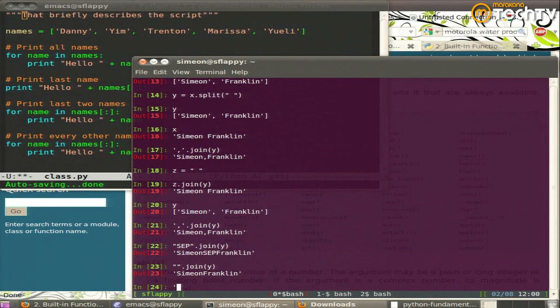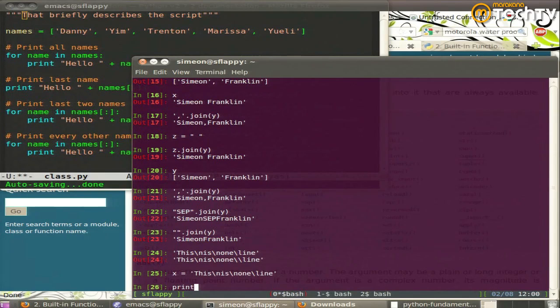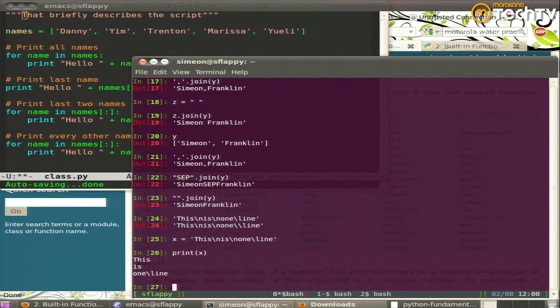So I generally use single quotes whenever I can because it's fewer key presses. I use double quotes sometimes for long strings because I think maybe I'll type a single quote in it, and triple quotes for when I want to span strings. The other thing is if you want